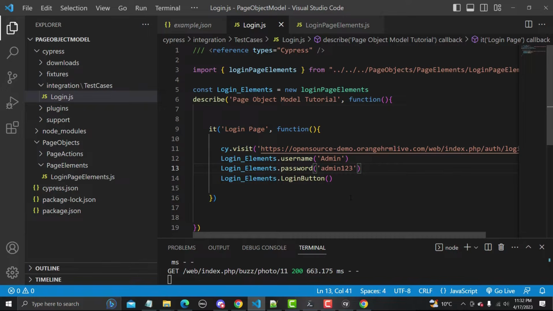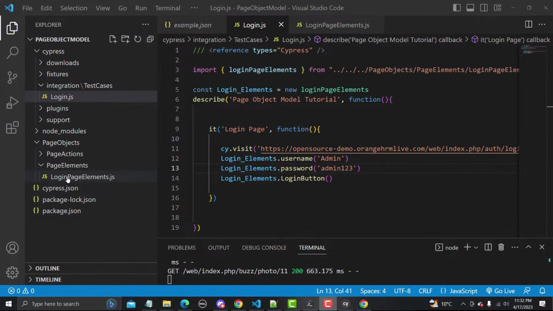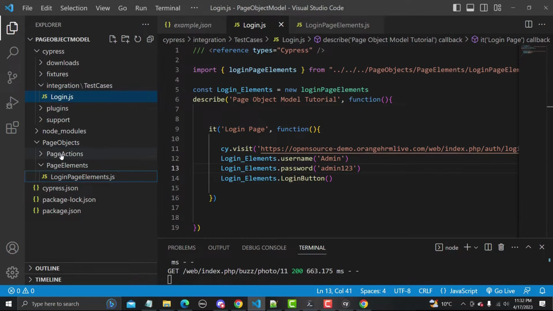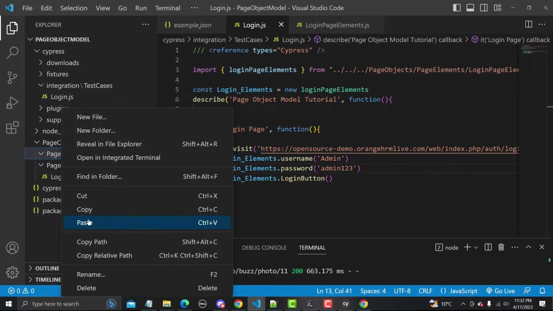Now we will go one step ahead of this one, and what we will do is that we will simply separate the actions from the elements here. And for this, you need to copy this file from here and paste this file here.